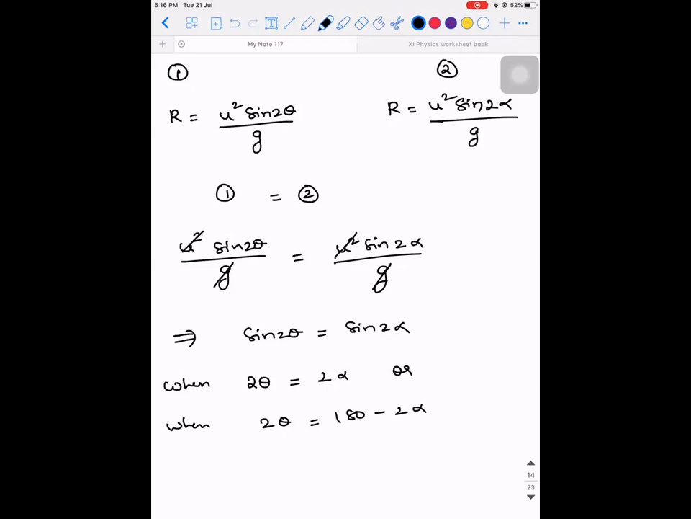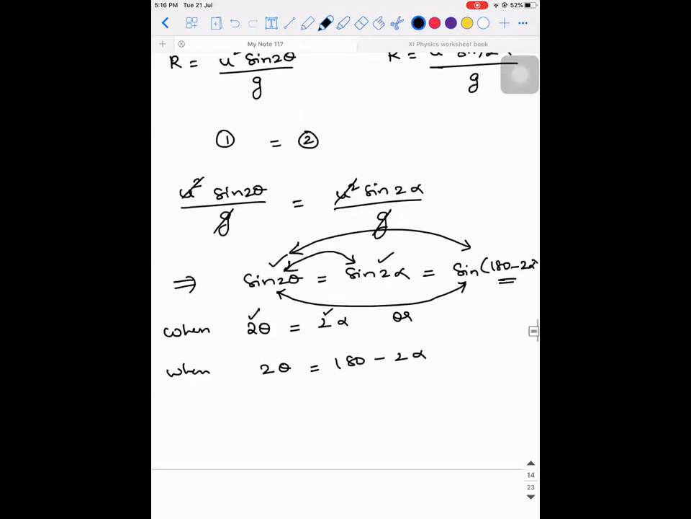The reason being, sine in the second quadrant is going to be positive. So sine 2 theta is equal to sine 2 alpha is the same as sine 2 theta is equal to sine of 180 minus 2 alpha. So if I take these two cases, then I can write 2 theta is equal to 2 alpha. If I take the first and the third case, then I can write it as 2 theta is equal to 180 minus 2 alpha. So from this, what I can conclude is either theta has to be equal to alpha or theta has to be equal to